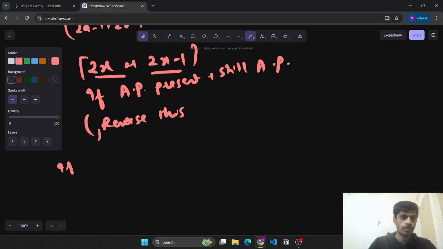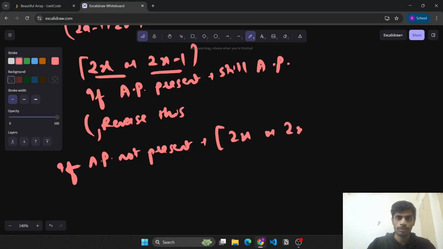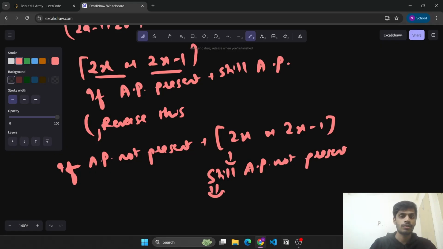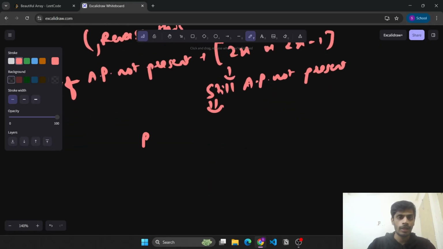If AP is not present, then we make the elements as 2x or 2x minus 1, still AP will not be present, right? And AP is not present, that means that our array is